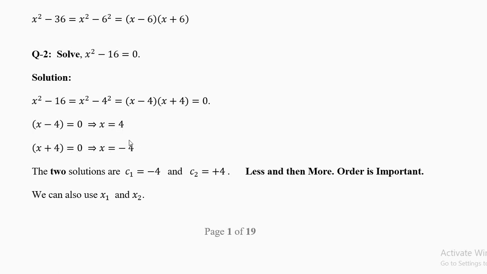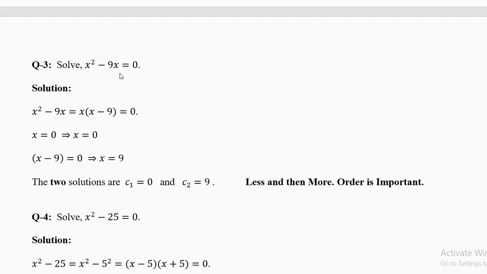The two solutions are 4 and minus 4, but in this topic, in calculus, we normally have to write them in the correct order. First the smaller number, then the larger number. So the two solutions are minus 4 and plus 4. First less, then more. Order is very, very important. Now you can give the solutions some names. We'll call them C1 equal to minus 4 and C2 equal to plus 4. C is from your calculus 1 critical points. Or we can also write x1 equal to minus 4, x2 equal to plus 4, a equal to minus 4, b equal to plus 4. Give them some names when you get the solutions of your equations. We also call them roots of the equation.